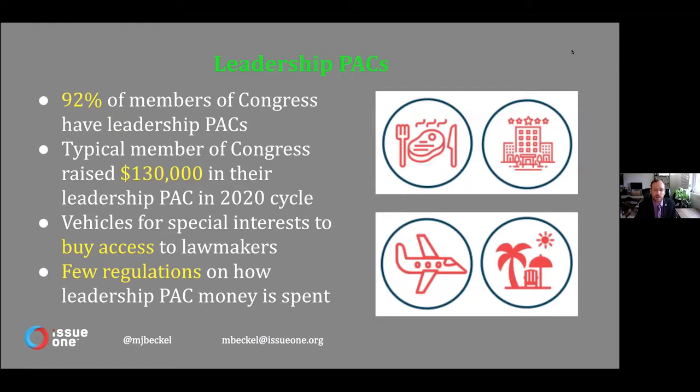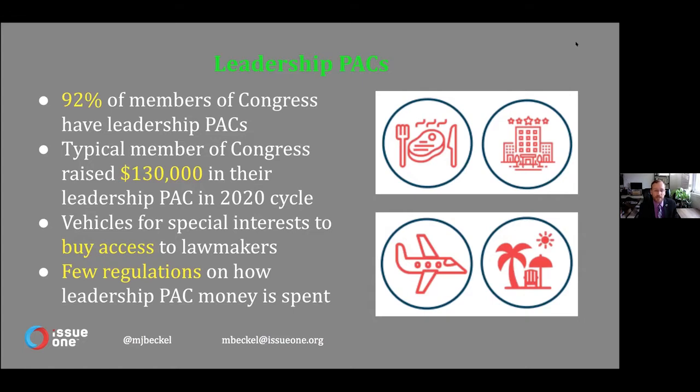Leadership PACs are one area that almost every member of Congress has, one of these extra political committees that sometimes don't get a lot of scrutiny or attention. According to Issue 1's research, about 92% of members of Congress have leadership PACs. Right now, there are only 4 senators who don't have leadership PACs and only about 10% of House members who don't have leadership PACs. And the typical member of Congress during the last 2-year election cycle raised about $130,000 for their